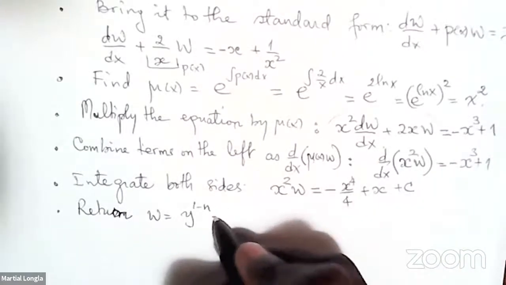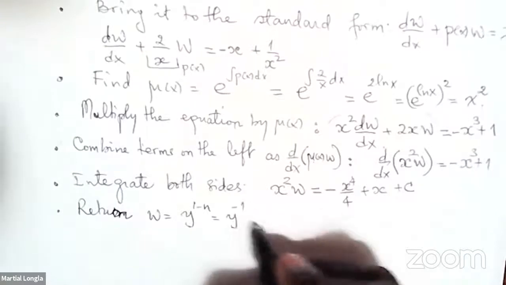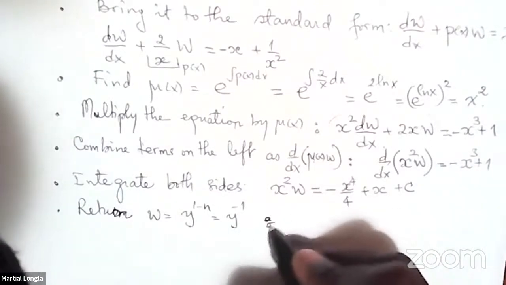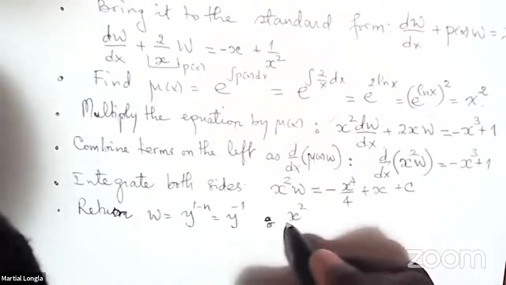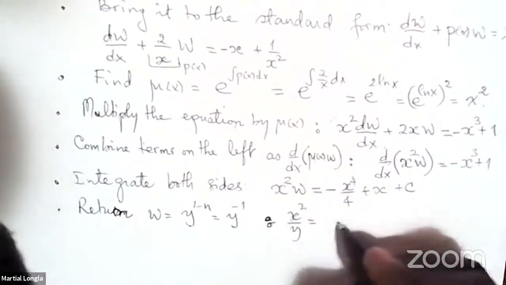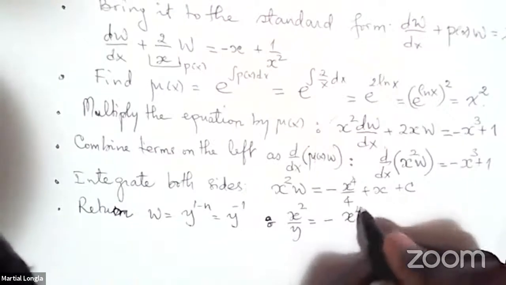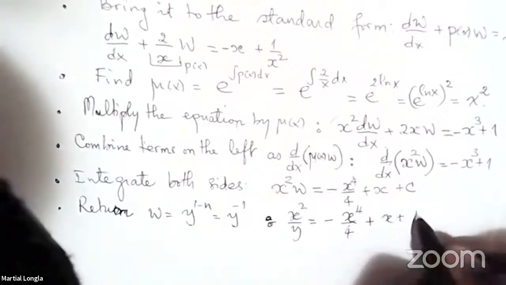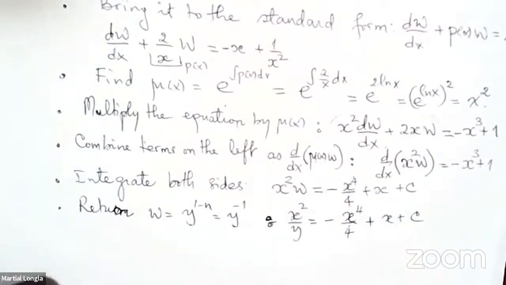In this case, it's y to the negative 1, so 1 over y, so you get x squared over y equal to negative x to the fourth over 4 plus x plus c, that we can solve